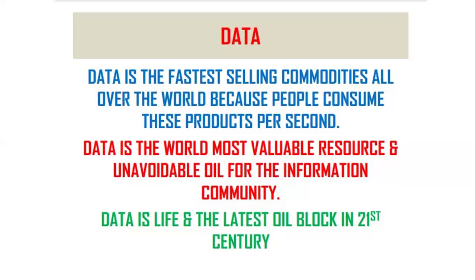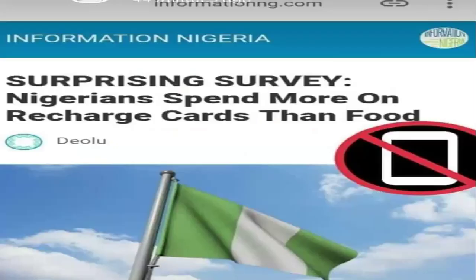This is the reason why it is inevitable, it is addictive, it is frequent, it is voluminous, it is something you cannot do without. Data has become part of us. Data has become a necessity and is life. This is the reason why you don't have any choice. The only choice you have is to buy data. And tonight, you are going to learn how to convert your expenses on this inevitable product to a residual income.